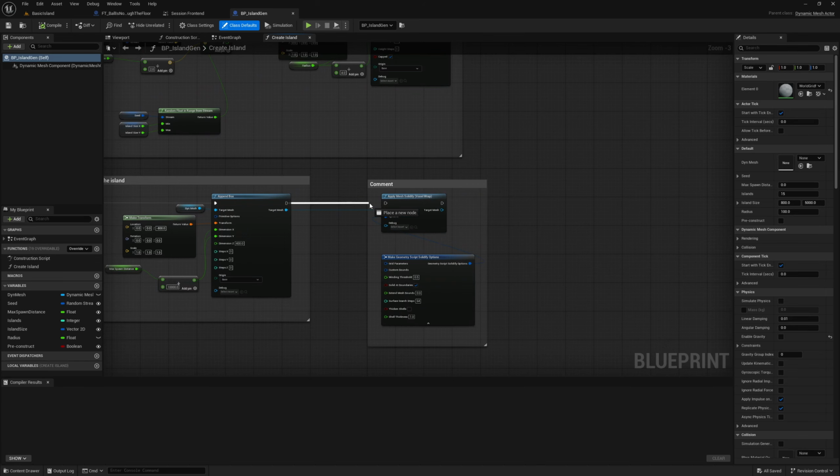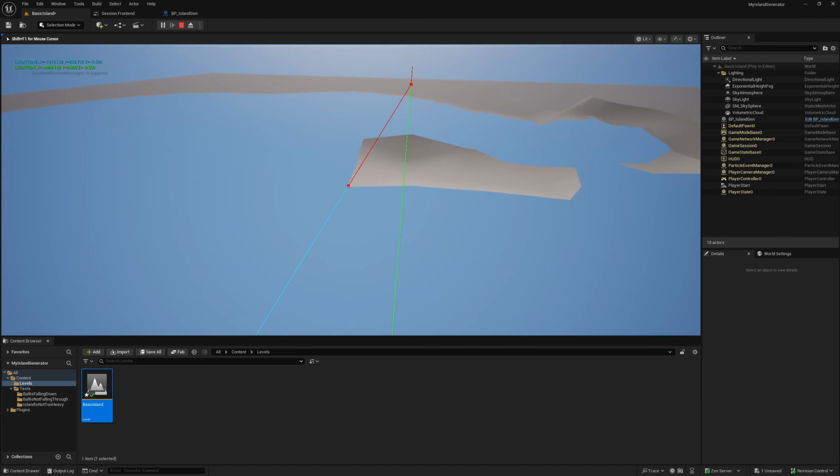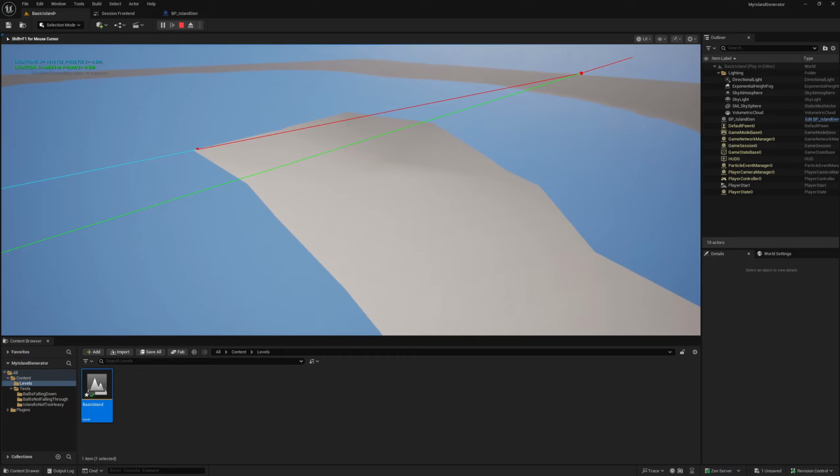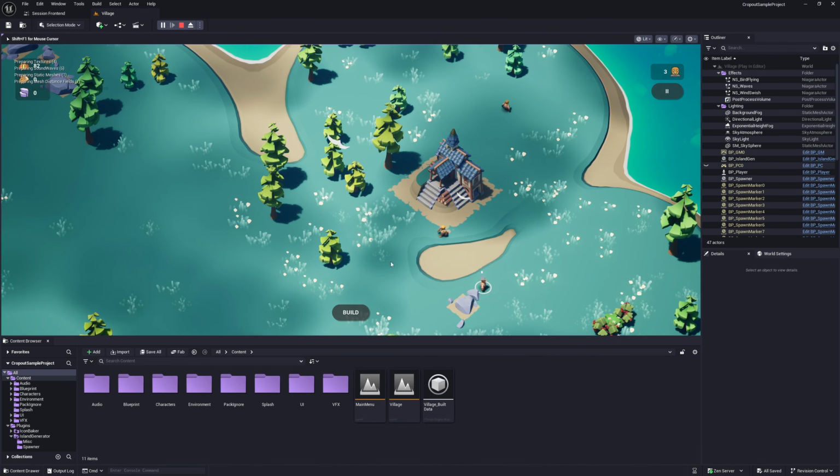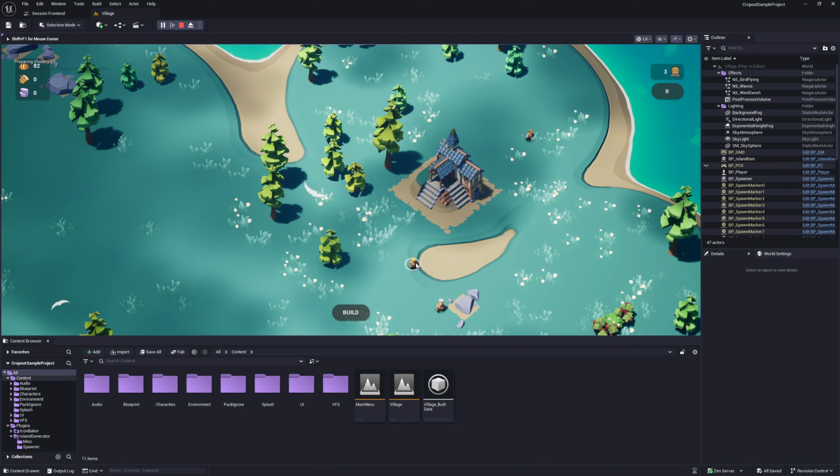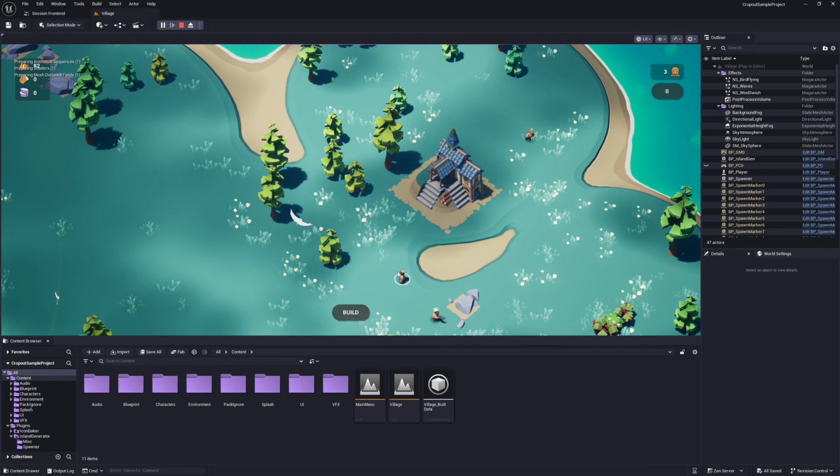In this video today, I am trying to understand the impact of adding the solidification to the island mesh with automated testing. In this video series, I am experimenting, learning Unreal Engine 5.6 by reproducing the Cropout sample project from